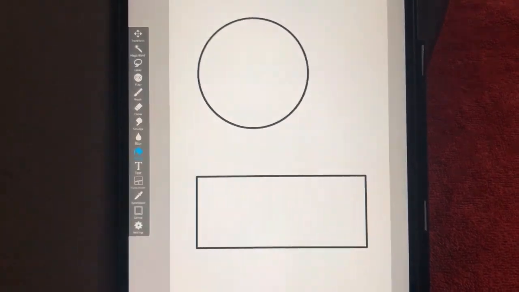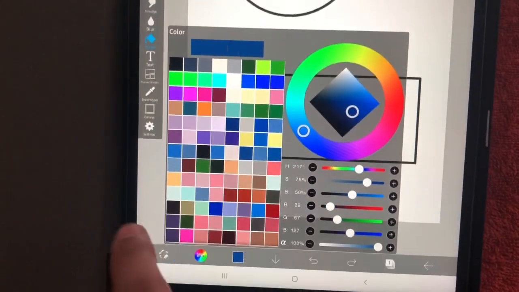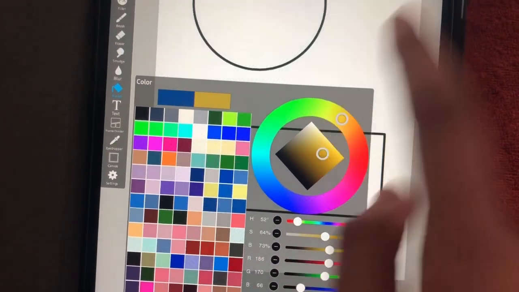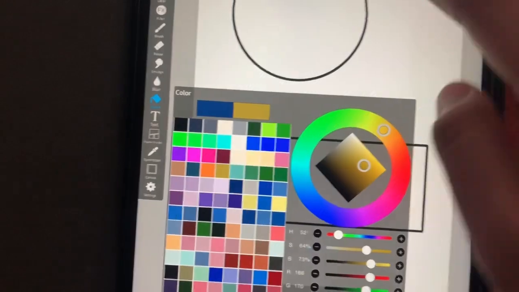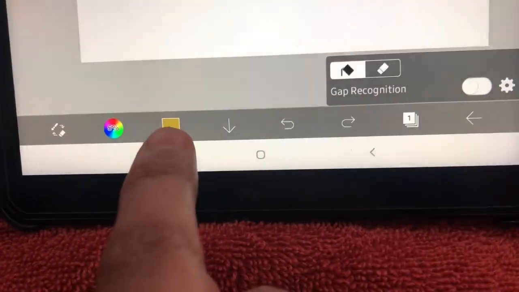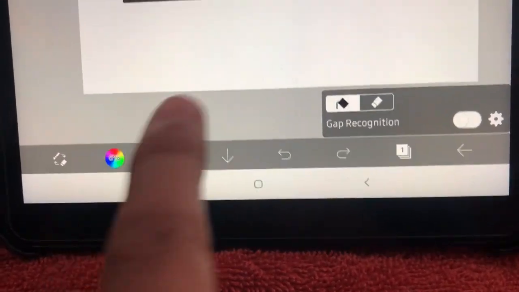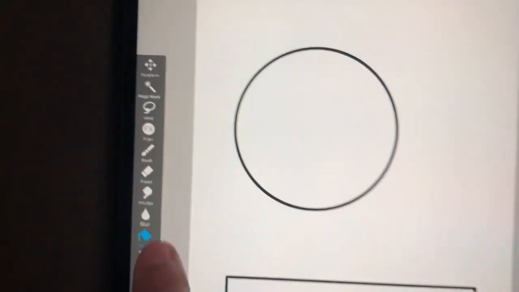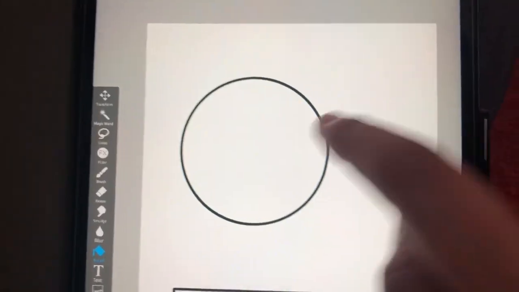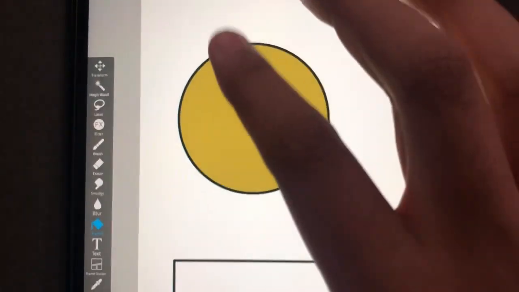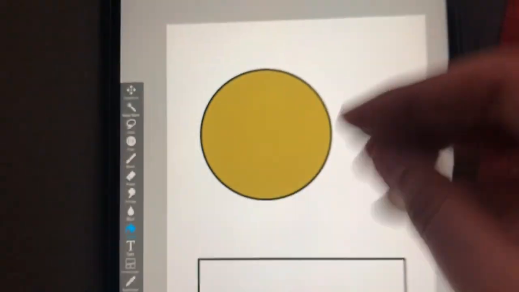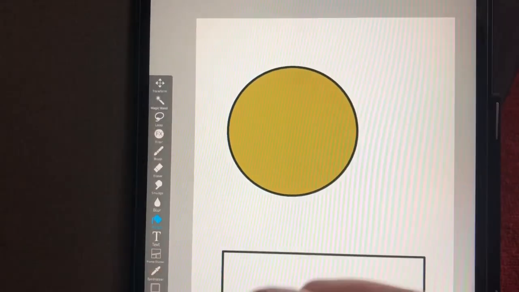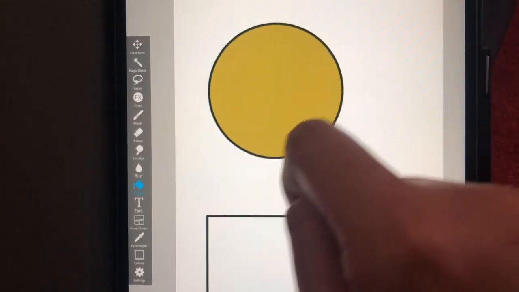So click on the bucket option, and from the color palette I choose a yellow color here from the spectrum, and I'll just drag it and add it to my palette. And yes, you can confirm your color selection here. Whatever color you have selected will appear inside the square. So what I'll do is click on the bucket option here, and I'll just click inside the circle. This option will directly fill the circle with whatever color you have chosen. So it is very easy, it is very time saving compared to the brush option, and also it is very accurate.